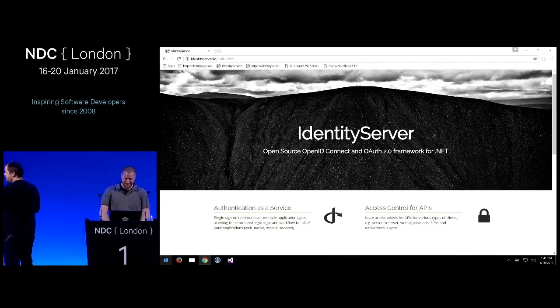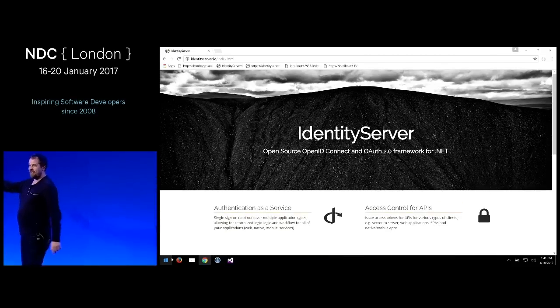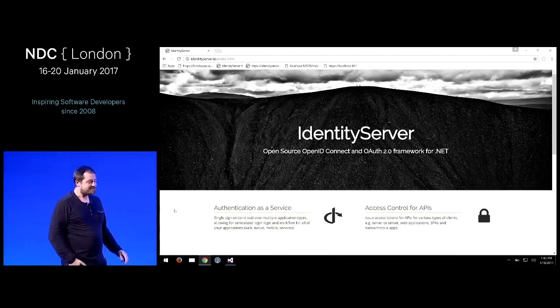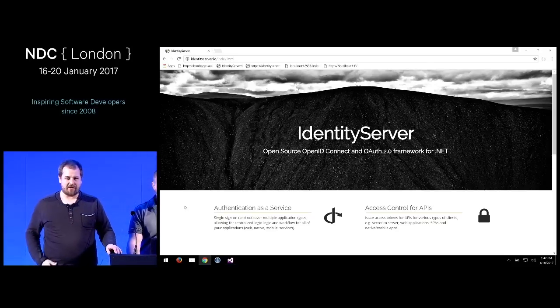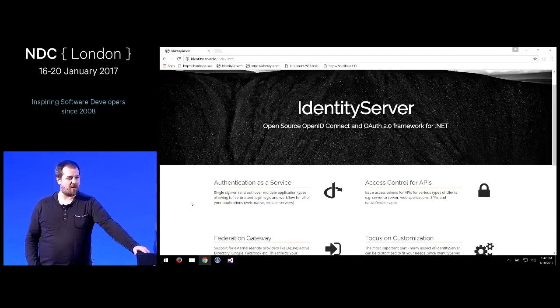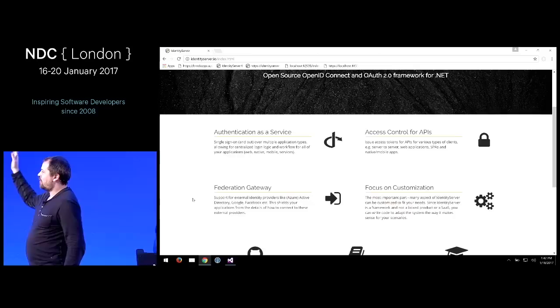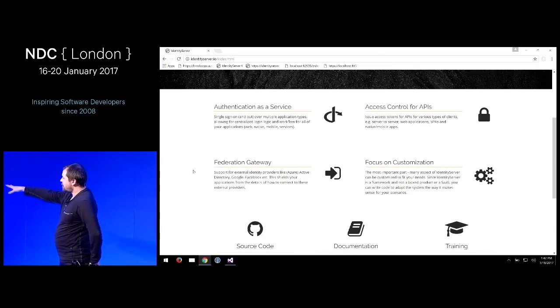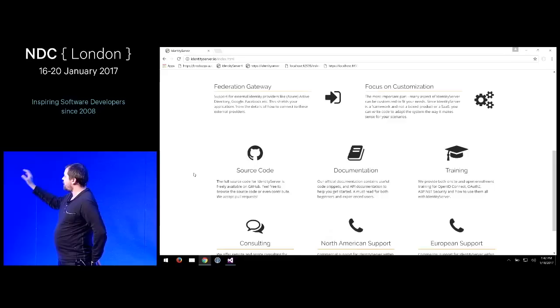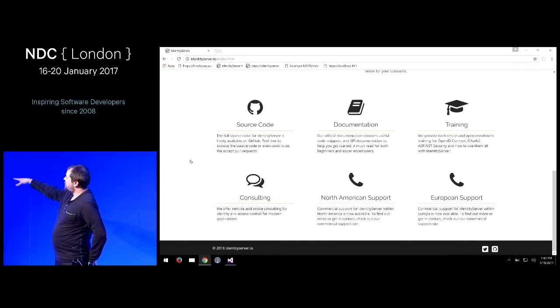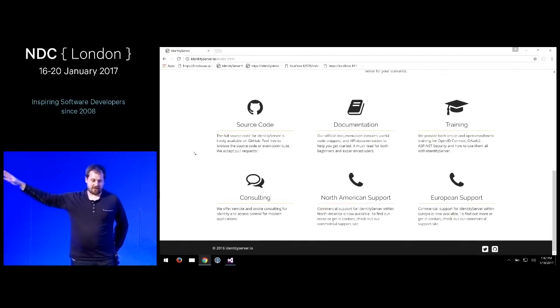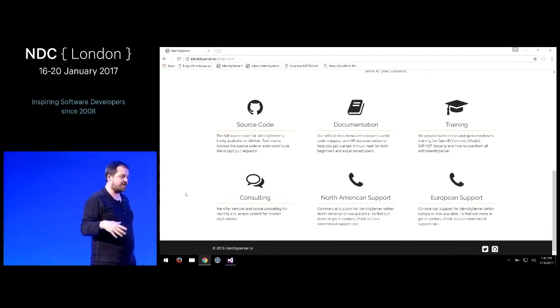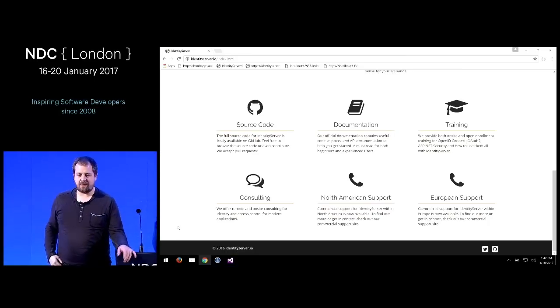So maybe the first thing that's new is we have a website. Yay! That is kind of the starting point for everything you want to know about IdentityServer4. It gives you a high-level overview, blah, blah, blah. But really the important things are you can go to the source code from here. We have documentation. We do training on ASP.NET Core security in general and IdentityServer in particular.